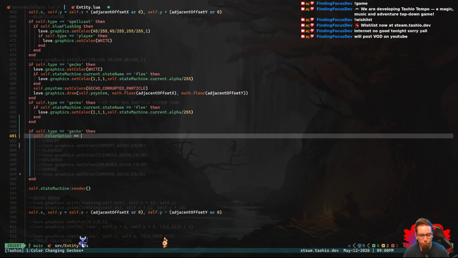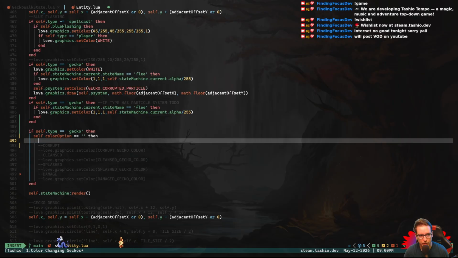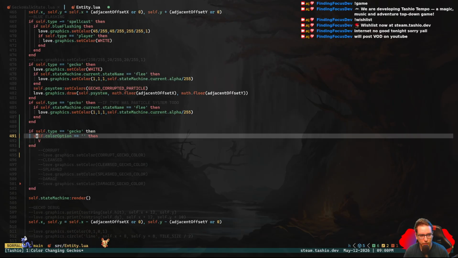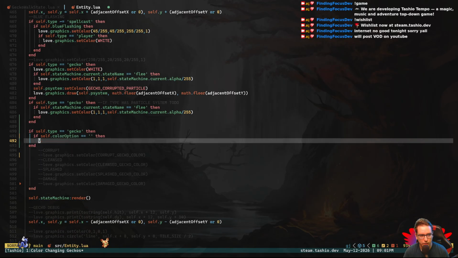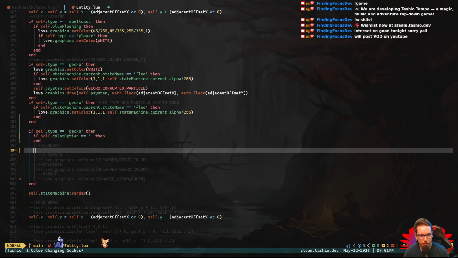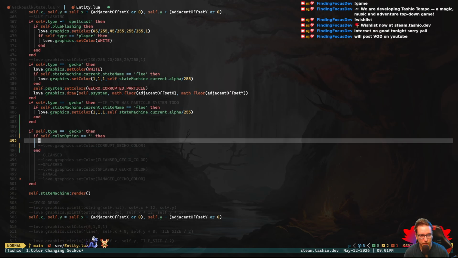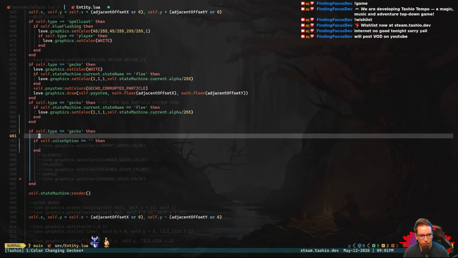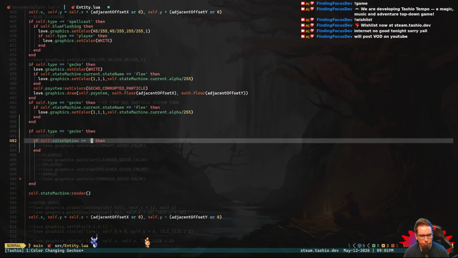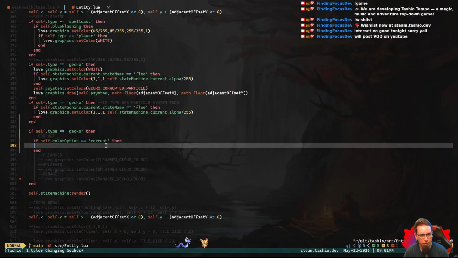and then we can set it equal to a string, and we can say, well, if our color option was corrupt, then go ahead and set it to be corrupt. Right? So if we had it where we say if the color option is corrupt, then we'll set the color to corrupted. This can have, because it'd be nice for us to say,